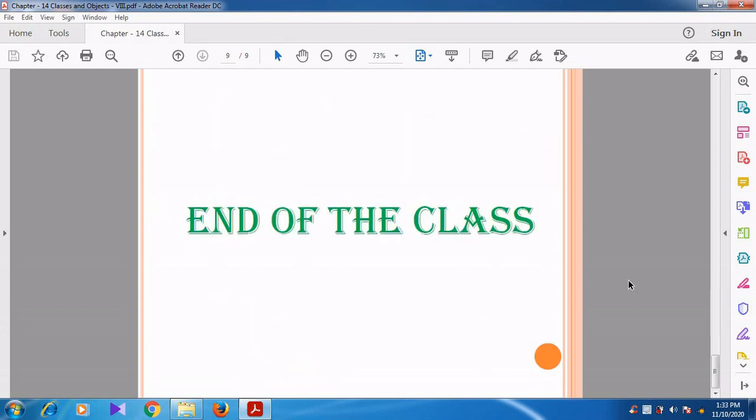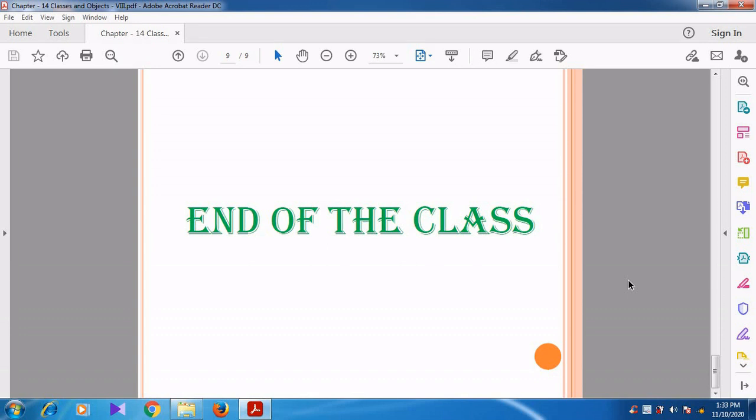Can you understand, students? So we have discussed what is meant by a constructor. The constructor is a special member function that carries the same name as the class name. It does not return anything. It is not associated with any data type.